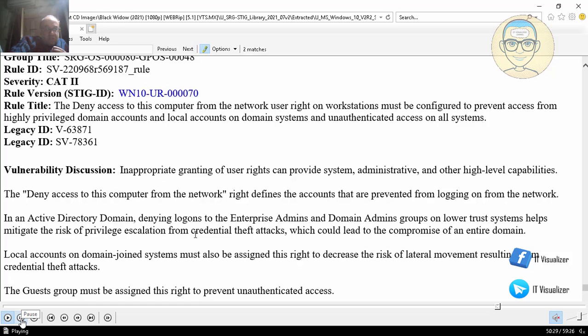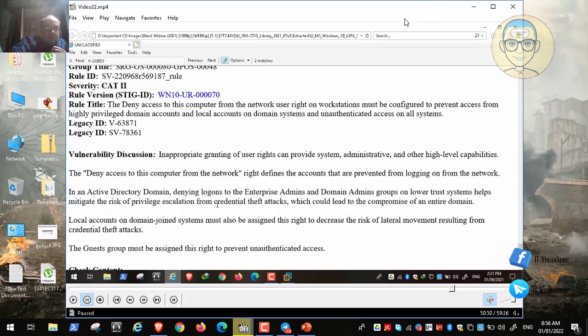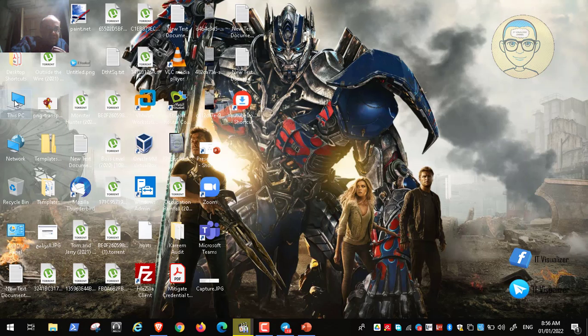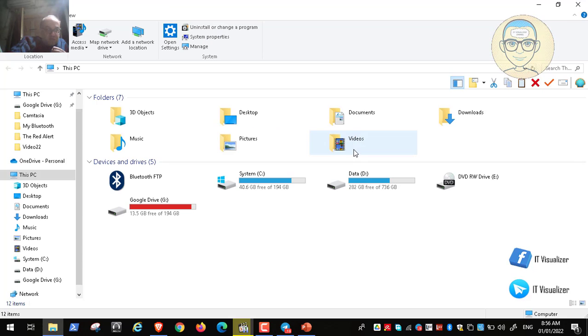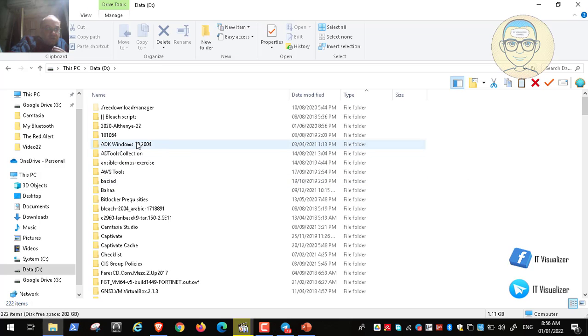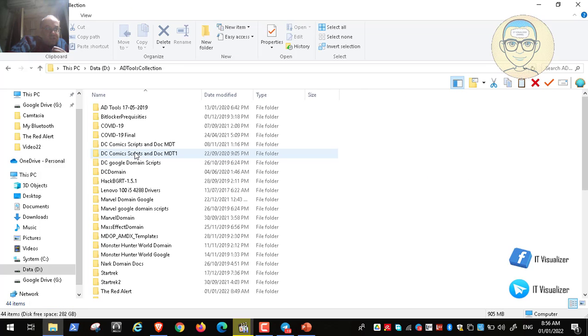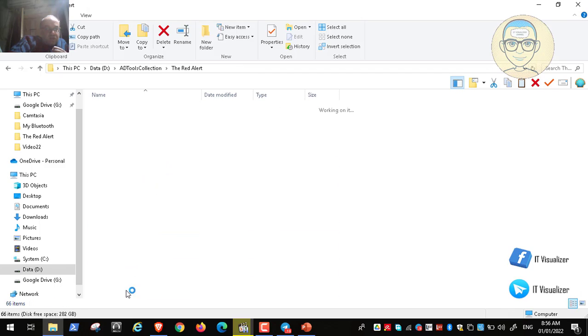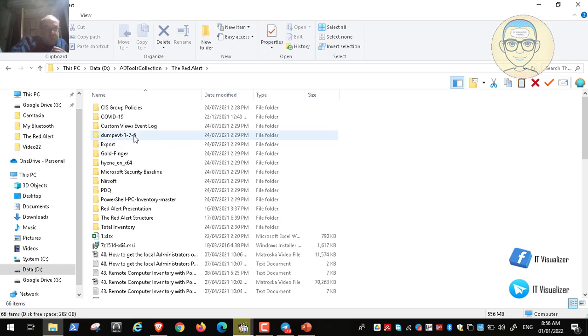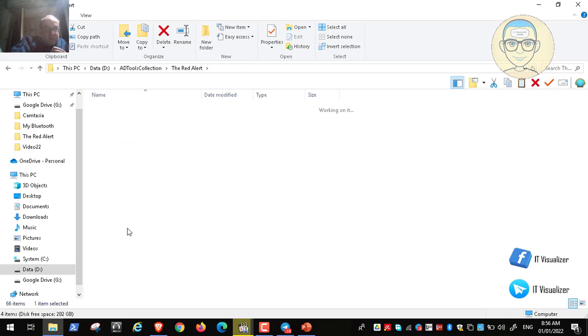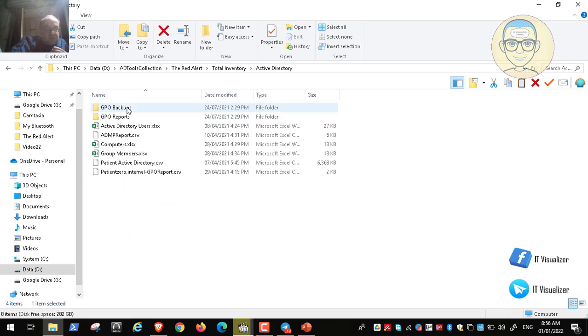For example, let me show you one of the group policies that we have configured previously in the lab. We have already discussed this before, but let me revise it with you. If you go to the collections and then to the red alert, and then go to the group policies, we have the total inventory, and then we go to Active Directory and to the GPO reports.